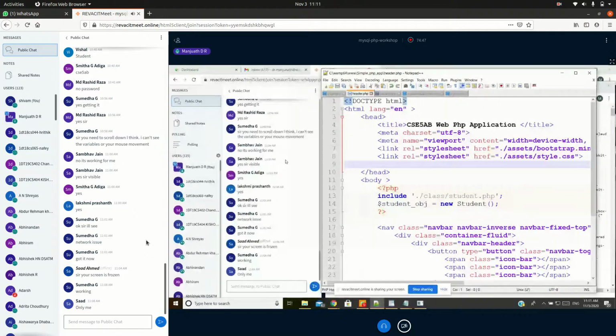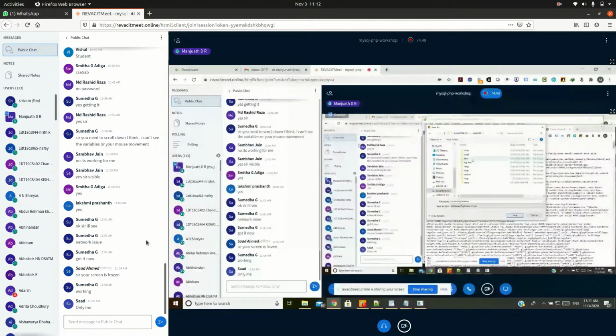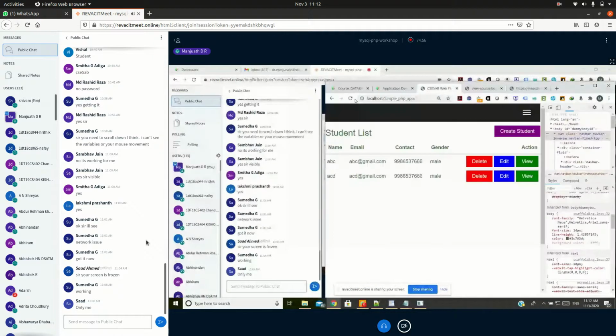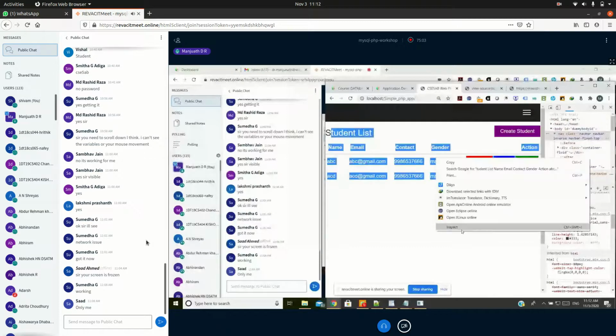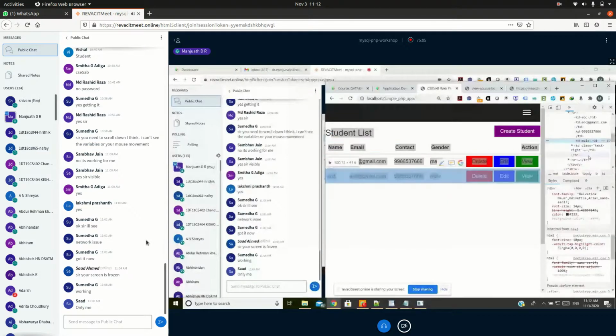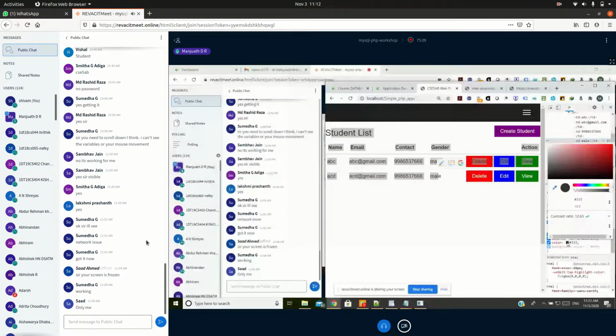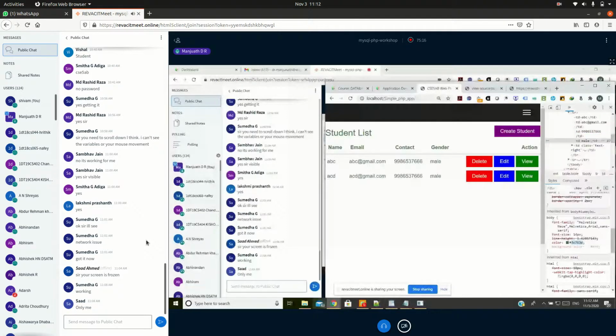Again, you can check it out. If I refresh this, you'll get the same output. See, I still want to change the color of this font. As I told you, you just click the button, and you can check it out here. In my body, I have a color. I want to change it to green. I'm going to copy this color code and modify it in my local system file. This is my local system, right?